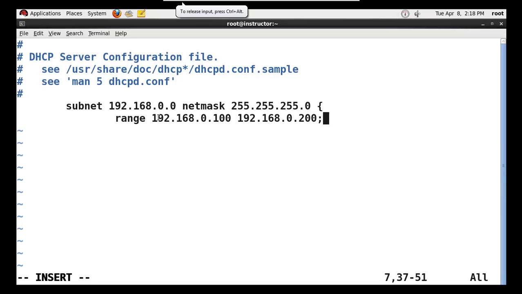The IP address range which will be provided by the DHCP server is 192.168.0.100 up to 192.168.0.200.